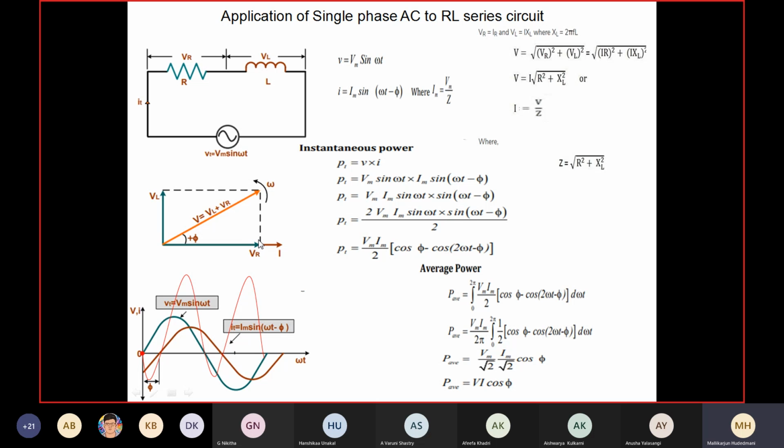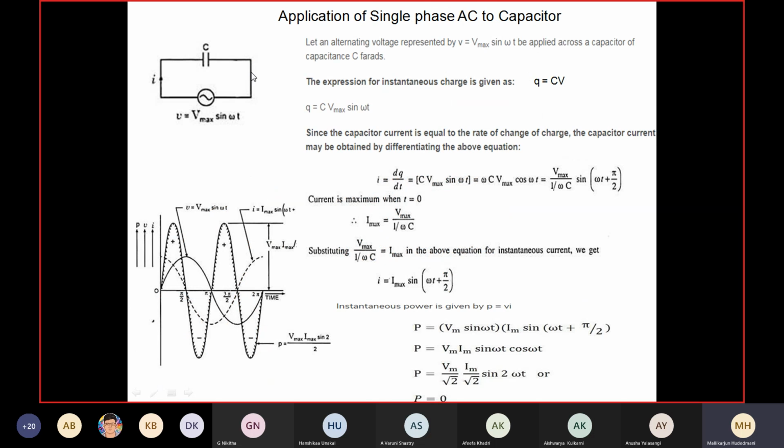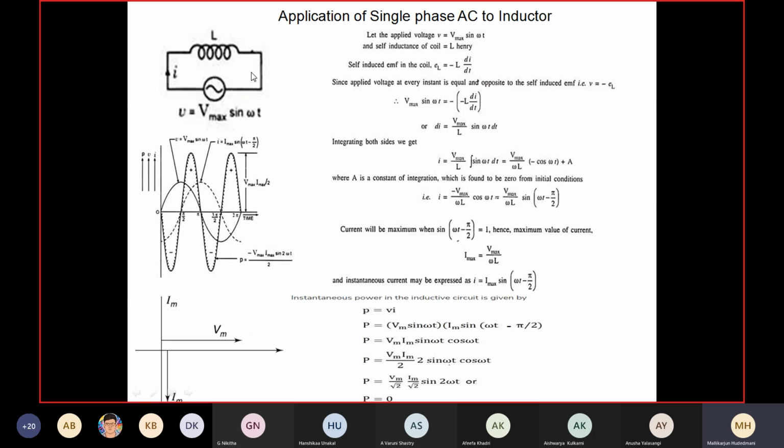Then what is the third activity? The third activity is what is the relationship between voltage across the inductor and current through the inductor. So we have to recall back this circuit. Whenever we have applied voltage and current through inductor study, what we got here? Voltage across the inductor and current through inductor. Current through inductor was lagging behind the voltage by pi by 2 radian. So with respect to voltage, current found lagging behind because that was a minus pi by 2.